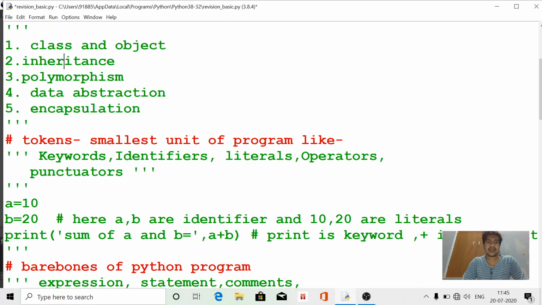Second feature is inheritance. Inheritance, if you want to understand it with an example, means to occupy or contain all the properties of the parent class by the child class. That means parent class के सारे methods और properties child class inherit कर सकते हैं.